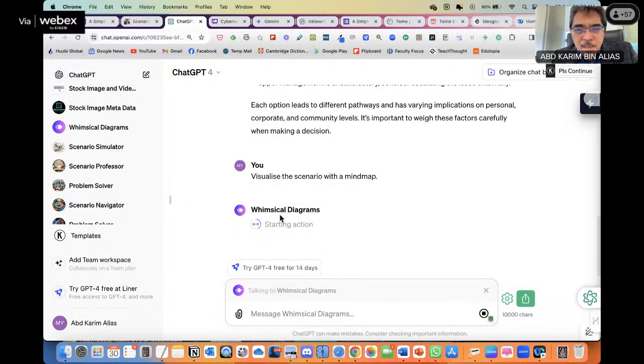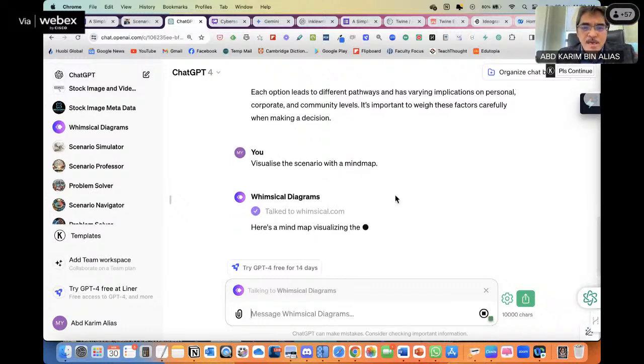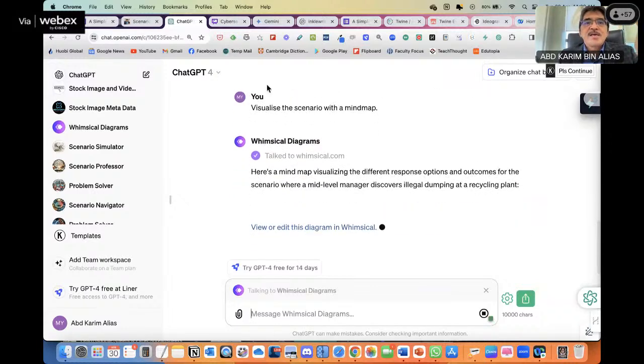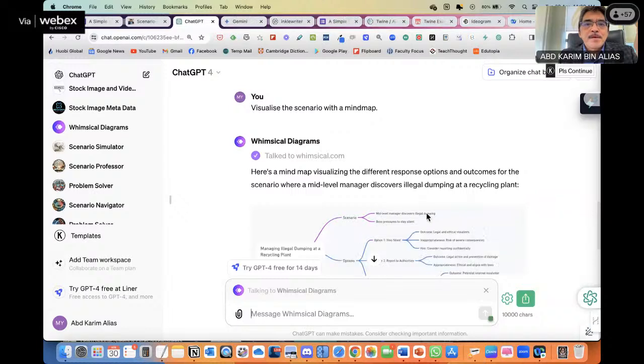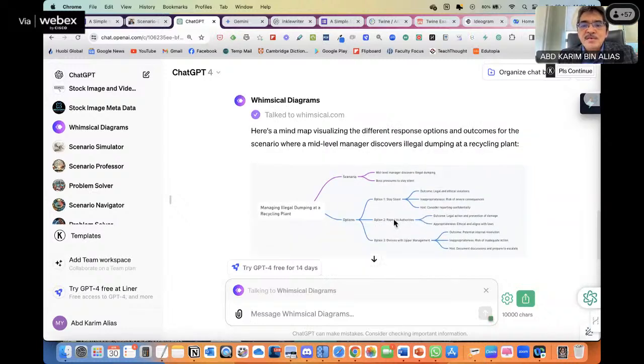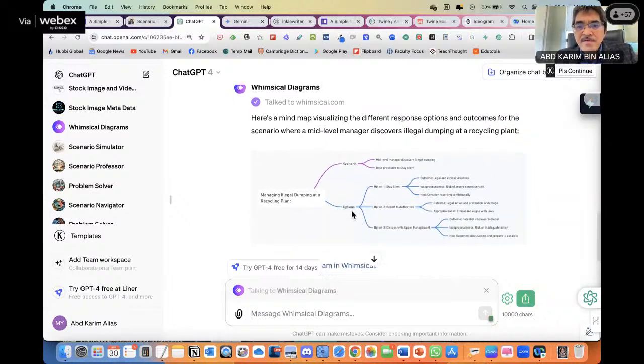You can skip this step if the scenario is quite simple. But I guess it's a good practice just because I'm a very visual person. I like to see how it looks visually. Okay. So now I can look at the full diagram, or I can see very roughly from here.